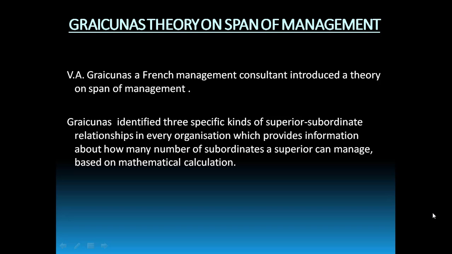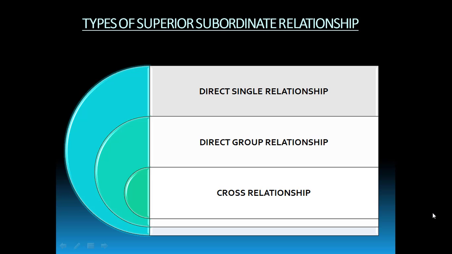Till now, we were deciding what the span of control should be, wider or narrower. But how many should be the number of subordinates? If broader span of control, then how many subordinates? If narrower span of control, then how many? This number of subordinates under a superior, based on mathematical calculation, was given by Graicunas. The 3 types of superior-subordinate relationship which Graicunas spoke about were direct single relationship, direct group relationship and